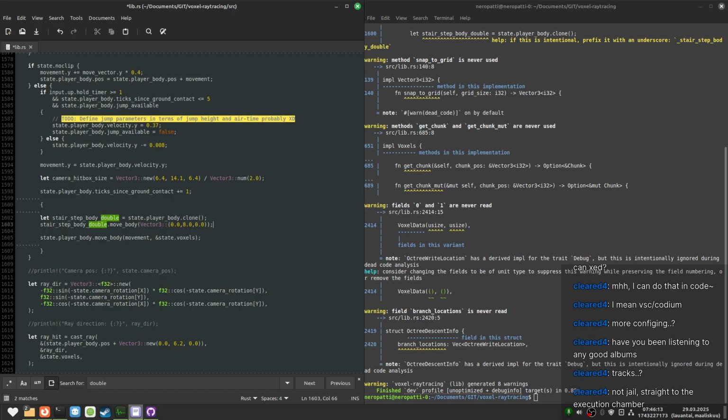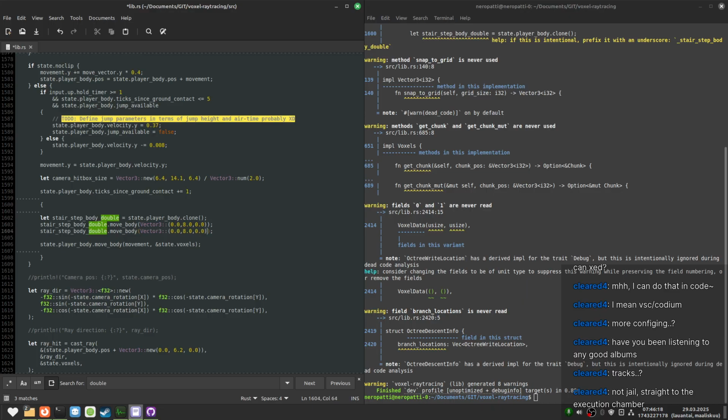Okay, so we move it up. And then we move it by our movement, actually. And I'm going to have to pass the voxels into each one of these calls. Dude, if this just works, I'm going to be happy.